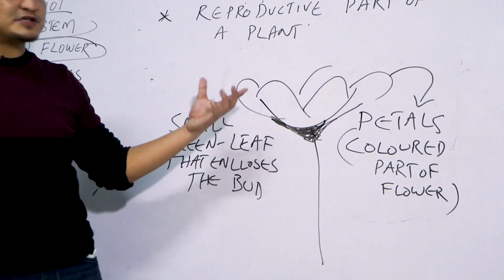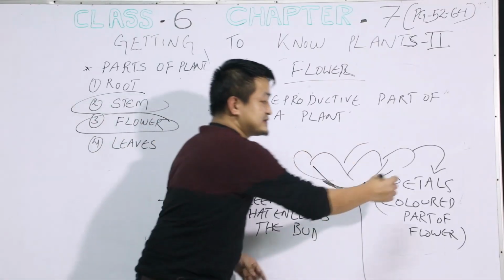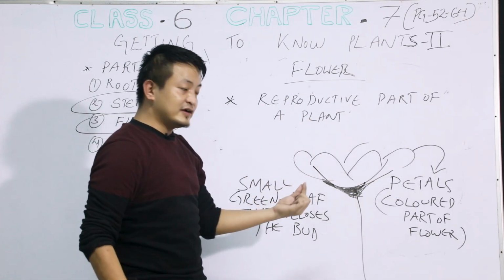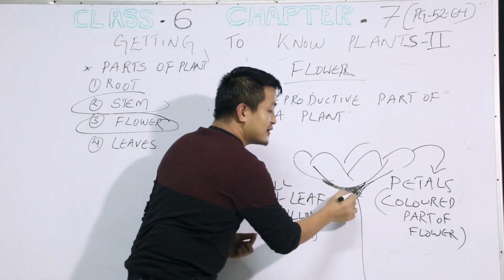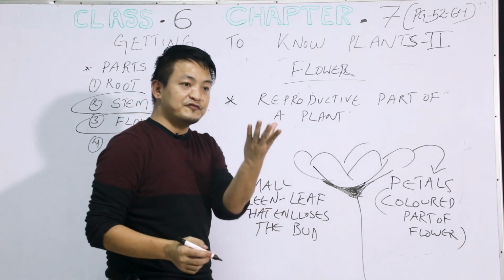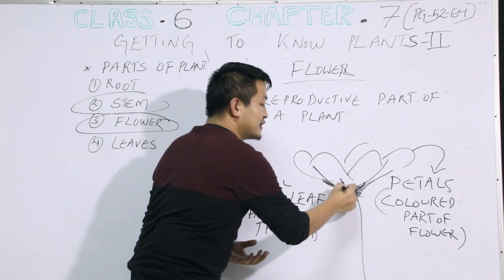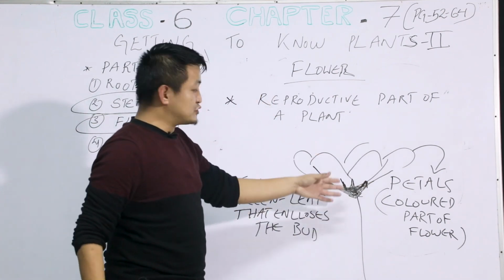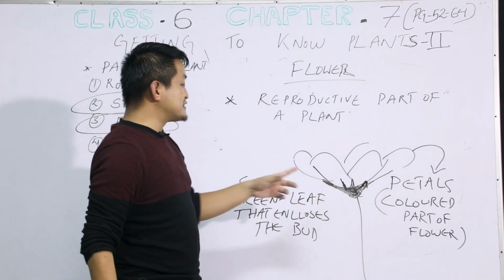This one, I'm talking about this one. If this is the petals, then just below that, you will see a green color which is holding the flower. Clear? A green color which holds the flower, and we call this one as